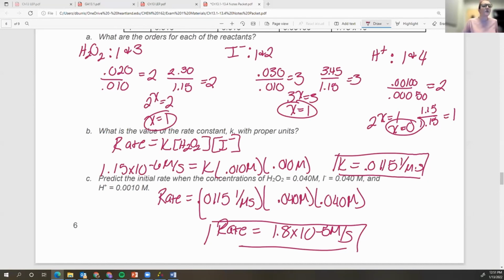Okay, so I've got all my work here. Essentially what I determined is that it's first order in hydrogen peroxide, it's first order in iodide, it's 0 order in the H+. So my rate is this. I plugged in my info, I got K, and then part C asked for the initial rate, so I plugged in the information. Notice I didn't use H+ because it was 0 order, so it doesn't go in. And I got that my rate is 1.8 times 10 to the -5th. Okay,